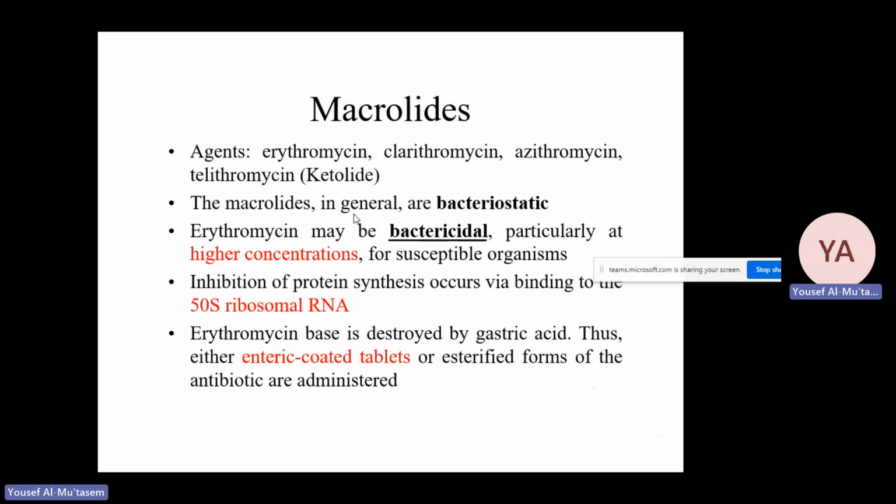The esters include the palmitate to cover for the bitter, bad taste, stearate, oleate, and estolate. Estolate is the one that is known to cause the highest incidence of a side effect